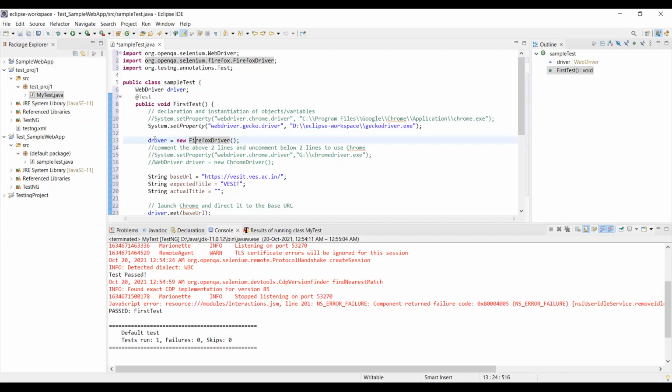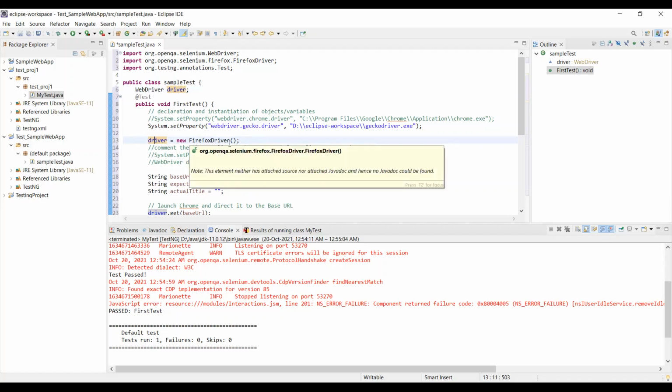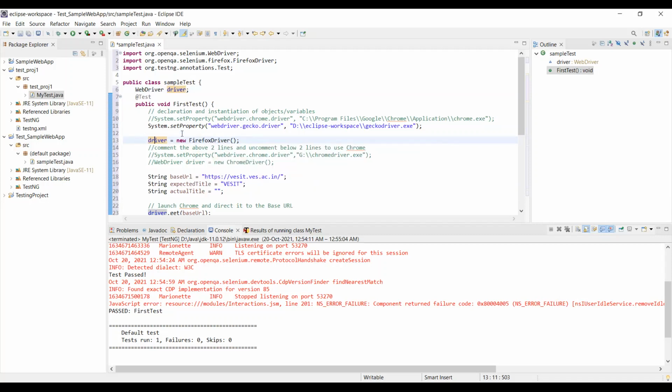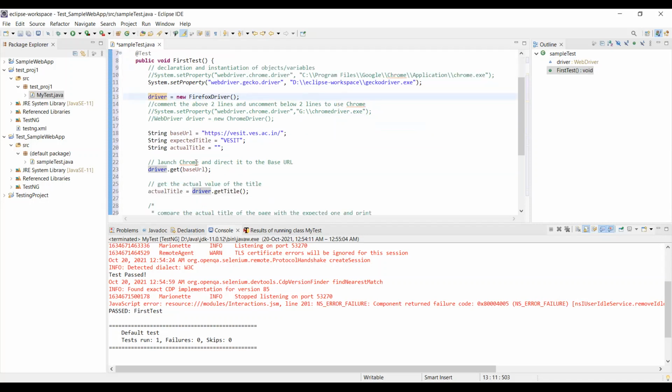Now using this driver, you will pass on requests to be executed on your actual browser. So this Firefox driver will open a Firefox browser and will execute all the commands over here. What we'll be doing is just opening a website.